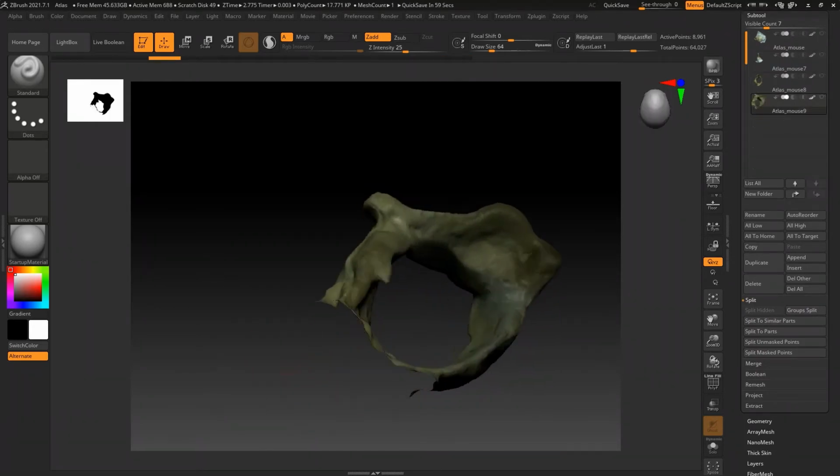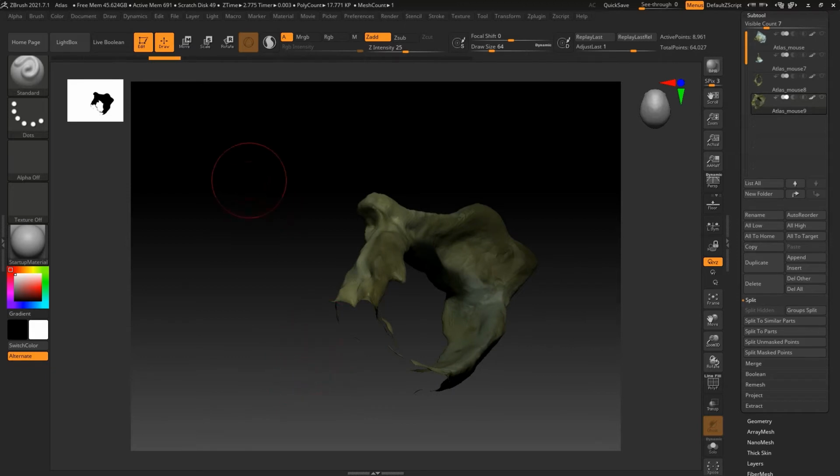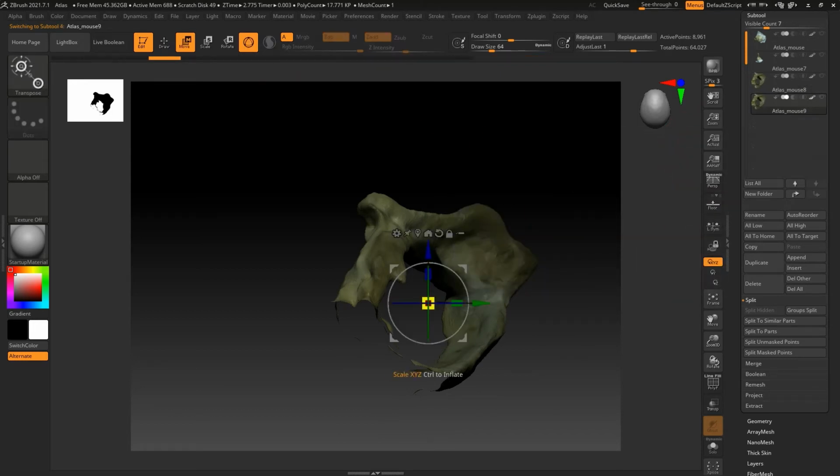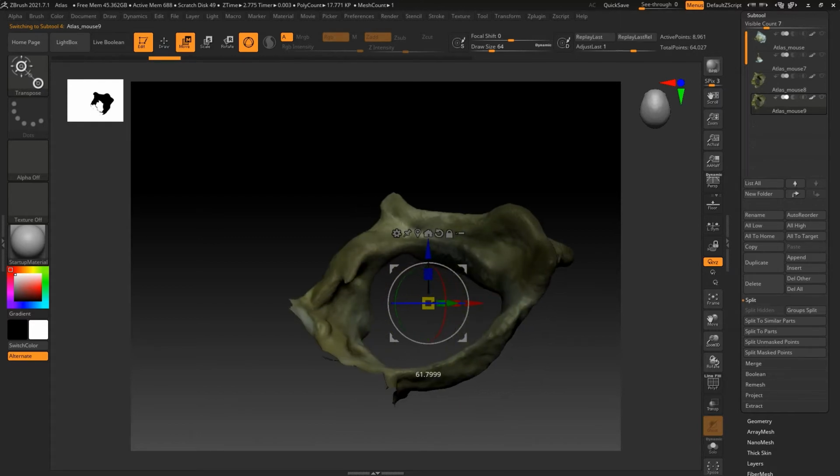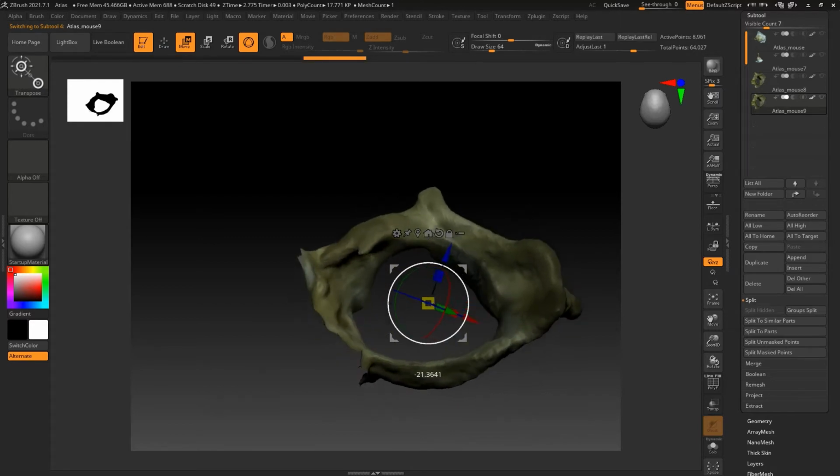Okay, so I went back to this one, and I'm trying to get everything in order, because as you can see, it's one of the hardest parts to get right. And first of all,